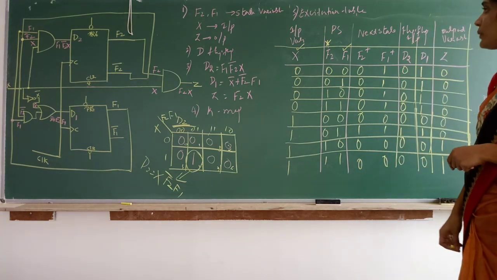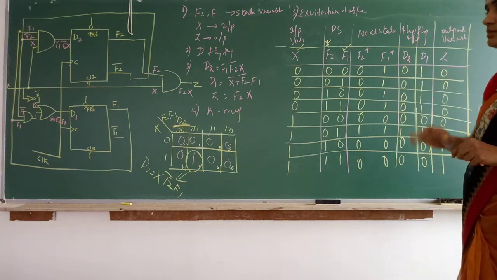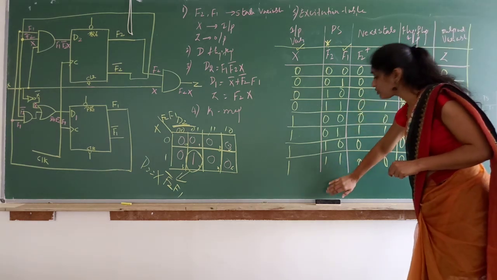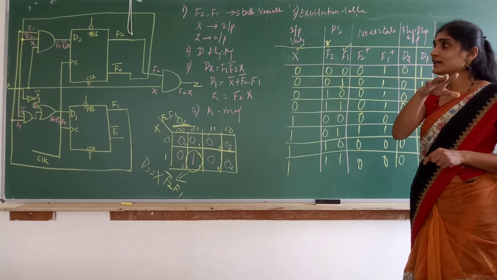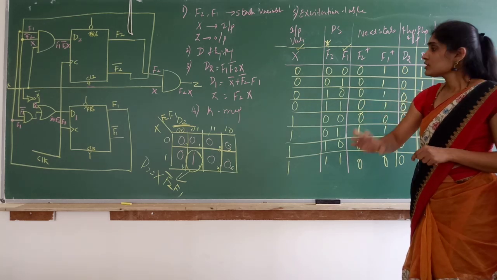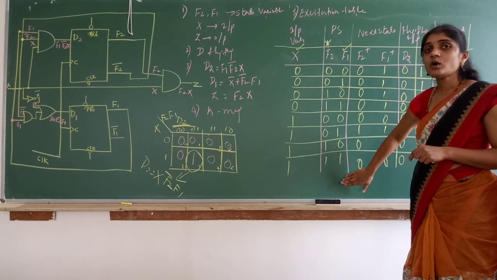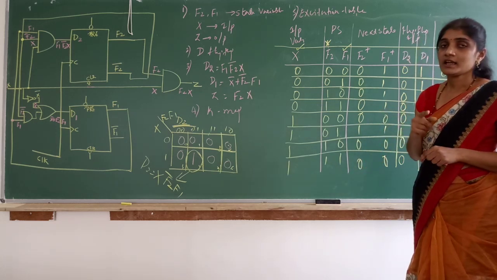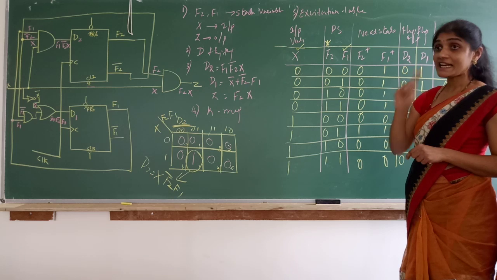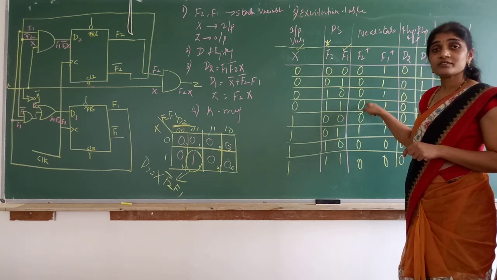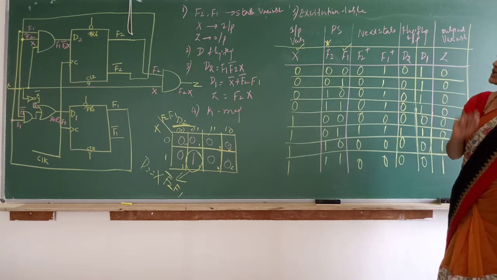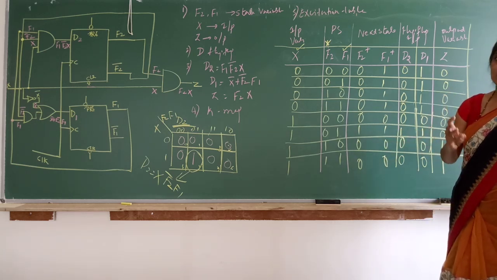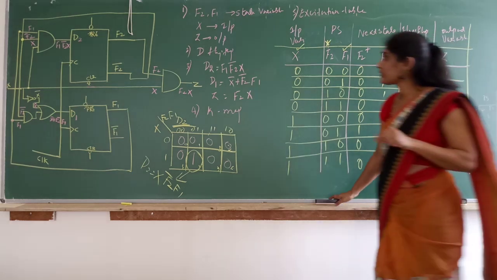So now we have completed the fifth step. The excitation table is written. Till here we have solved so many problems, I think 3-4 problems, and some more in the online class. In the last problem, we were writing the state diagram directly from the excitation table. But now in the question, they have asked us to write the transition table and the state table. So let us write both and then write the state diagram. Okay, I will erase this part.